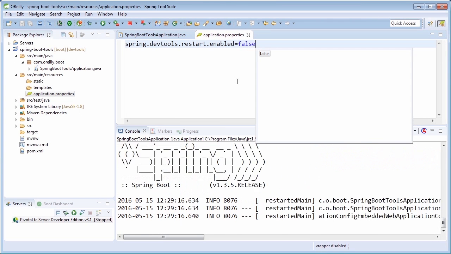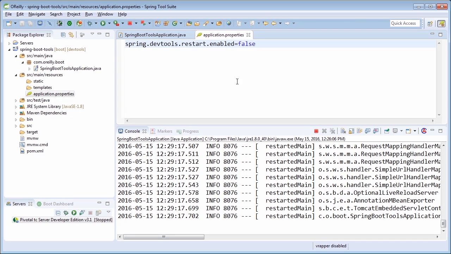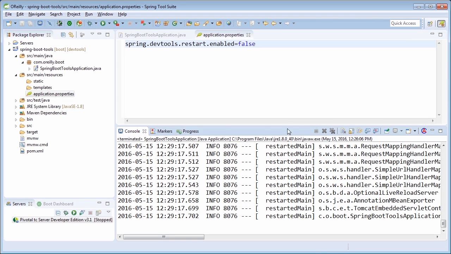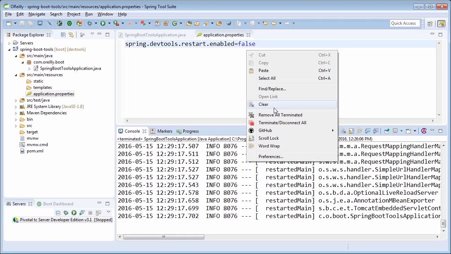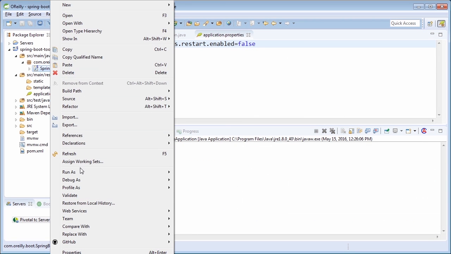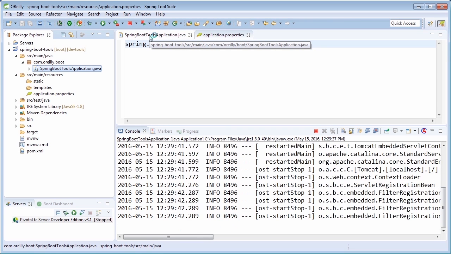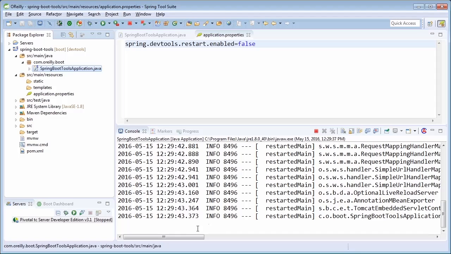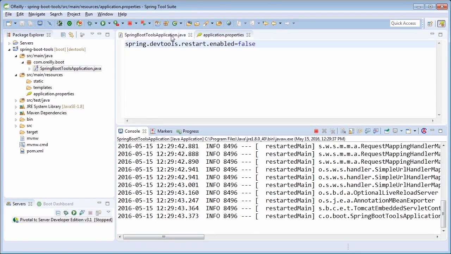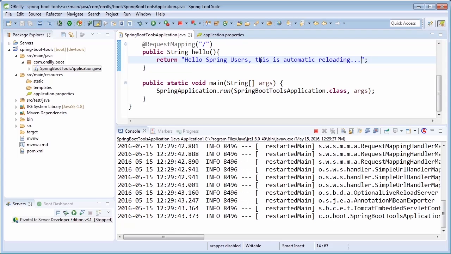Now you'll notice that we did have automatic reloading on prior, so it picked up that change on our class path and did reload. So let's go ahead and stop the application, and I'll clear our console. And now we're going to restart it as a Java application, and we'll go back to our class once we're sure everything is reloaded. So at this point, we have reloaded, and now let's make a change and see what happens. So let's say, hello Spring users, this is automatic reloading disabled. And we'll go ahead